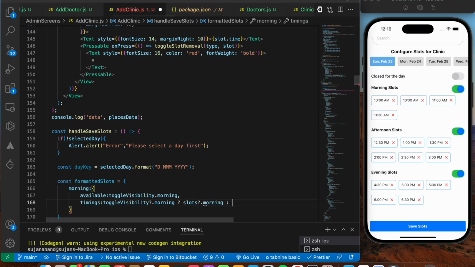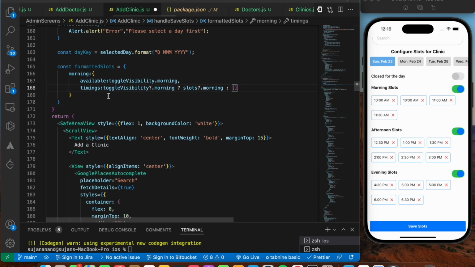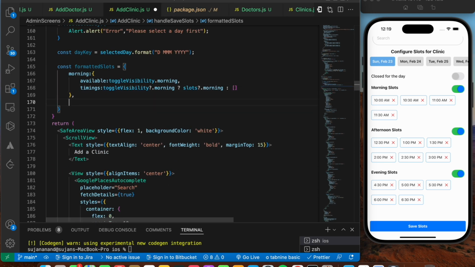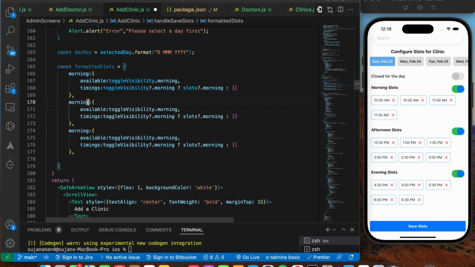Else it is just going to be an empty array. Similarly for your afternoon, and similarly for your evening as well. Let's pass on that. I'm going to say afternoon. Here I'm going to say evening. So here let's make the change. If my toggle visibility dot afternoon,